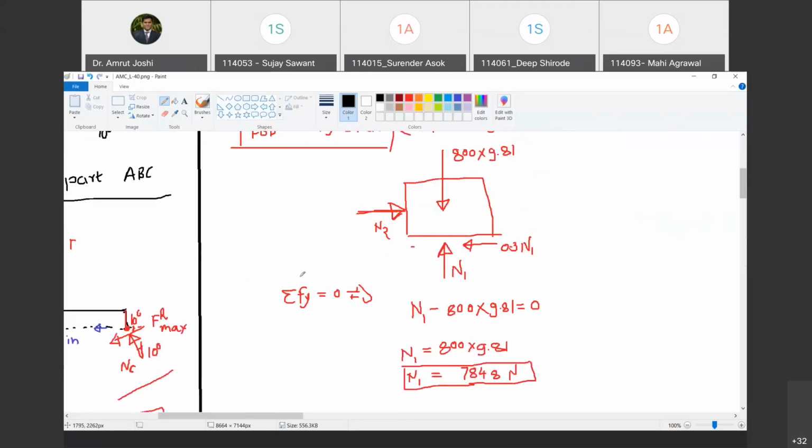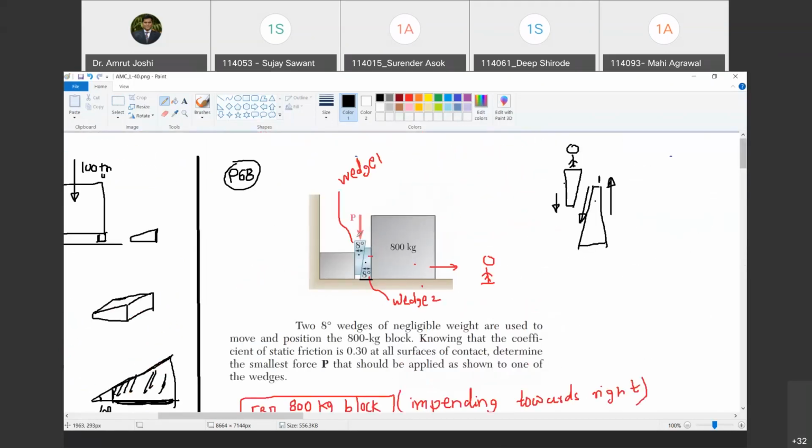Now, ultimately, we are going to draw free body diagram of wedge number 1. Are you with me? Yes, sir. देखो, अगर आपने वेज नंबर 1 से चालू किया होता तो आपके अननोन्स इतने रहते कि आप सॉल्व नहीं कर पाते. इसलिए we started with 800 kg block. If you draw free body diagrams of all the wedges and blocks together, you will understand for which block we should apply equations of equilibrium first. जिसमें सबसे कम अननोन है उसके लिए पहले equations of equilibrium लगाने हैं. Are you with me? Yes, sir.